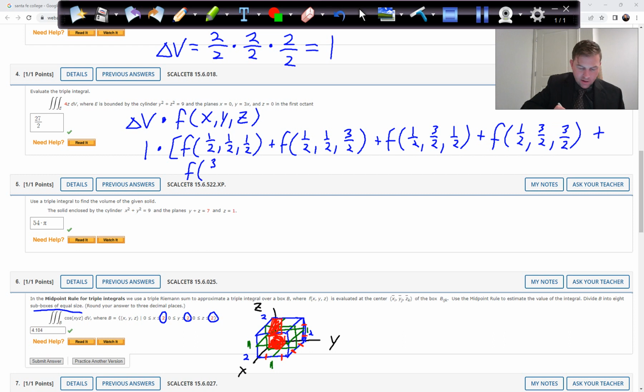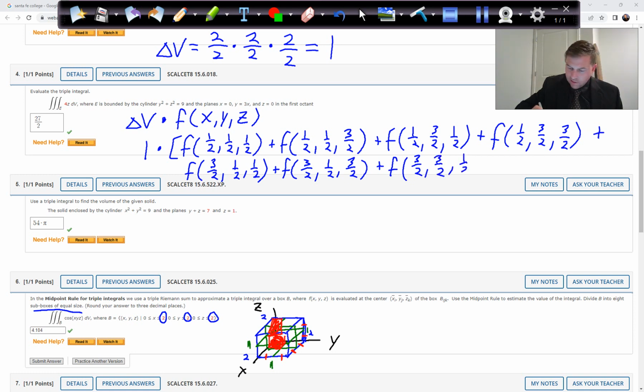So I have a pattern here, 3/2, 1/2, 1/2. And then we have 3/2, 1/2, 3/2. We're basically just looking for all combinations of these two numbers, with 3 different potential positions. So it's 2 to the 3rd, 8. And then we have 3/2, 3/2, 1/2, and then the last one should be